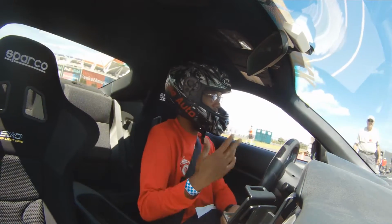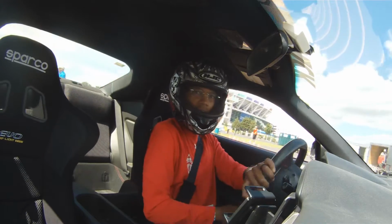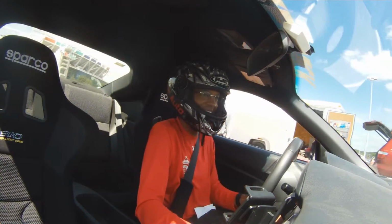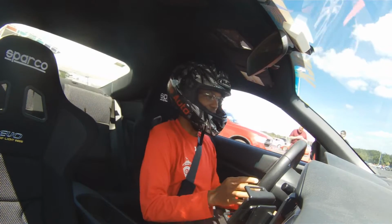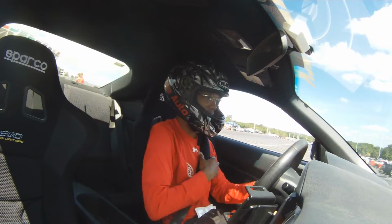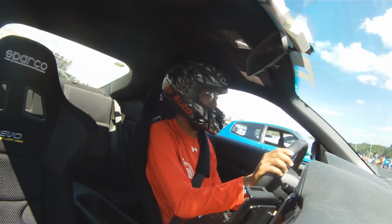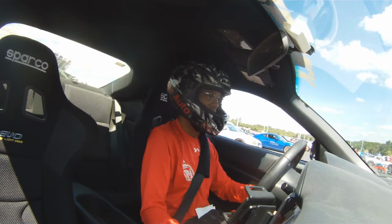The tires are warming up, but it feels like it has more. It has a little bit more oomph, but at the same time, it may not actually be faster in a straight line. It just feels like